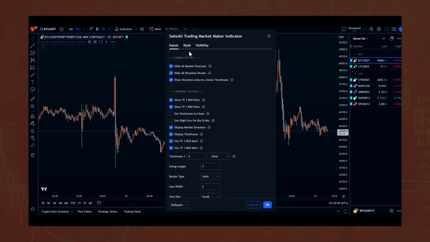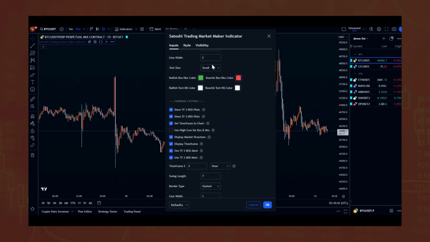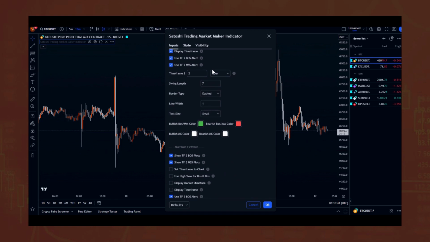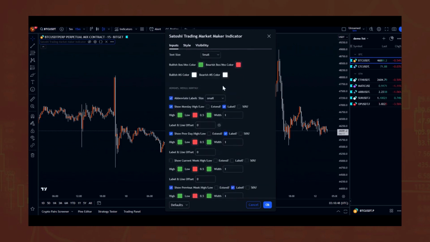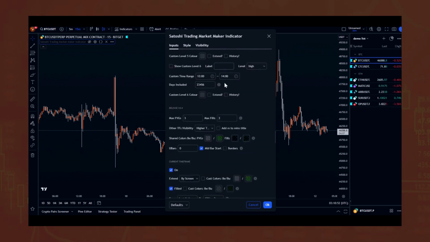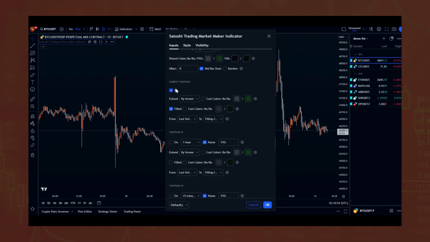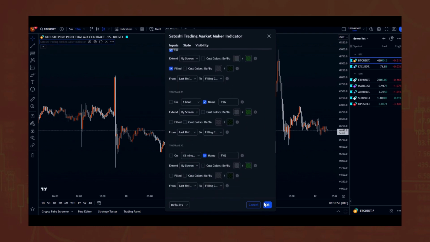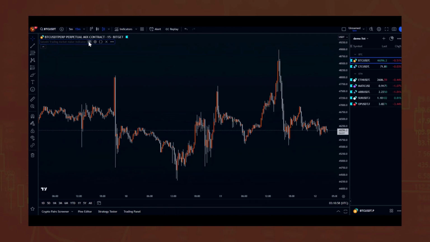So you can hide and take away all the settings. This is our market maker indicator for our market maker course, with all the settings on. Again, if you want settings on, you add the settings. If you want settings off, you take the settings off. So we want the settings on,